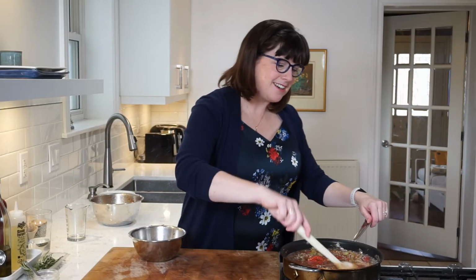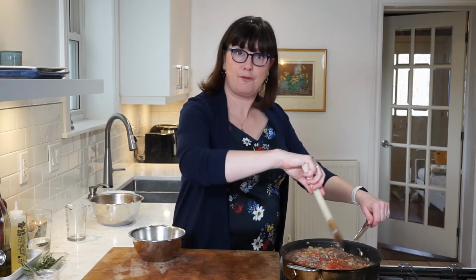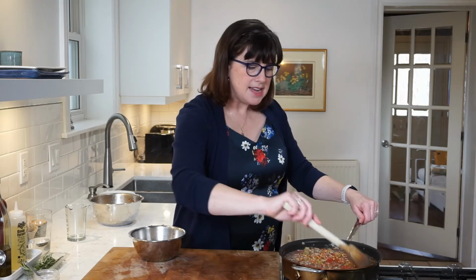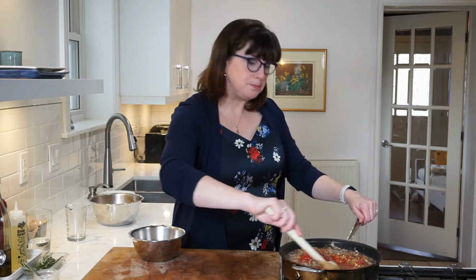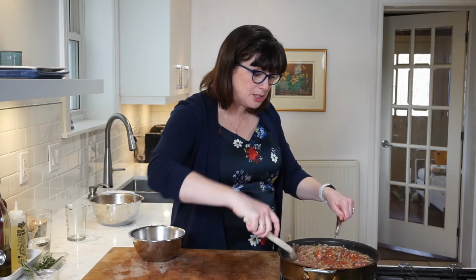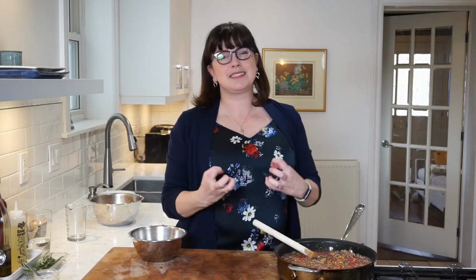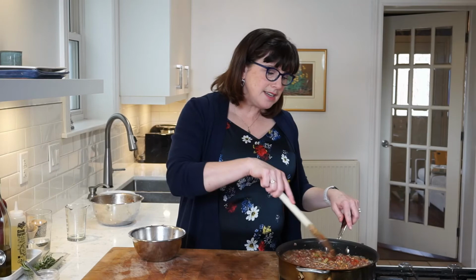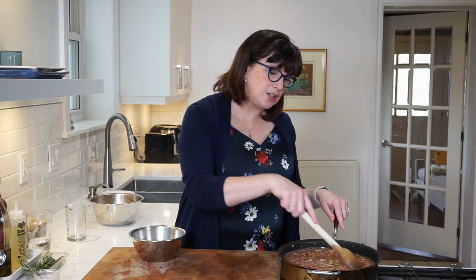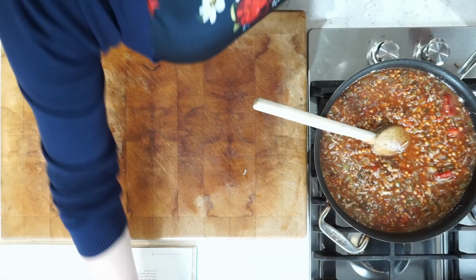What I'm going to do now is allow this to come up to a full simmer, a really good vigorous simmer, and I'm going to let it cook for about a half an hour. So that does probably sound like quite a long time to cook, but you can see how much liquid there is in here. And once again, I need to concentrate this as much as possible. I want intense flavors with this. So that is the secret. You just want to get this going, get the heat nice and high, and then let that simmer for 30